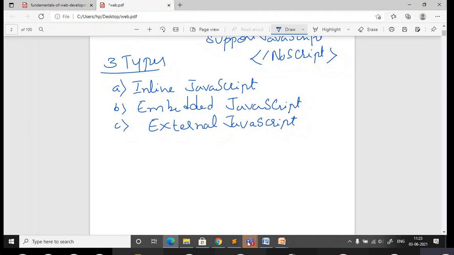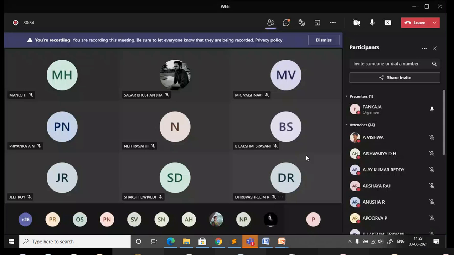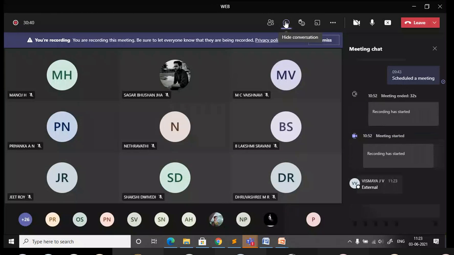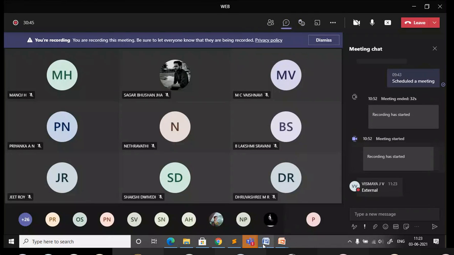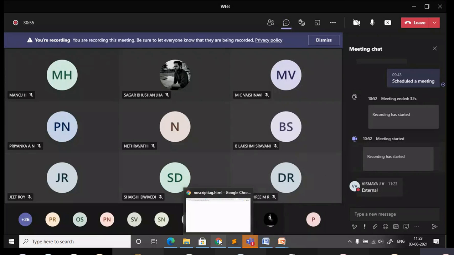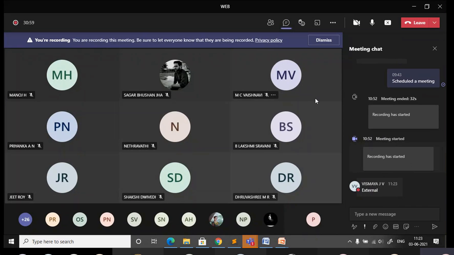Nobody is answering. Vismaya said external. What about others? I'm expecting the answer. Is it external? Everybody will agree with that? At least raise your hand. I got the answer from Vismaya, that the external method is better. If you are supporting that answer, raise your hand. Let's do it fast.